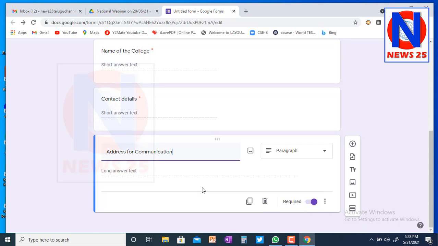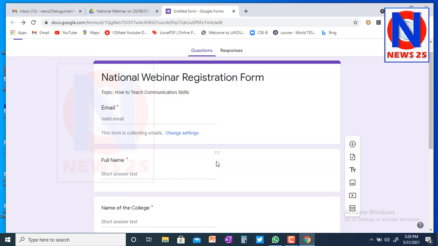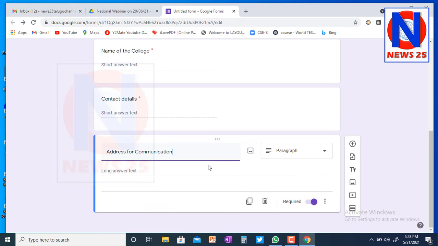Since you are going to make a registration form, after making it you also have to create a WhatsApp or Telegram group, right? Just to update whatever necessary information is required regarding the webinar in the groups, so that they will come to know what is going on about the webinar.